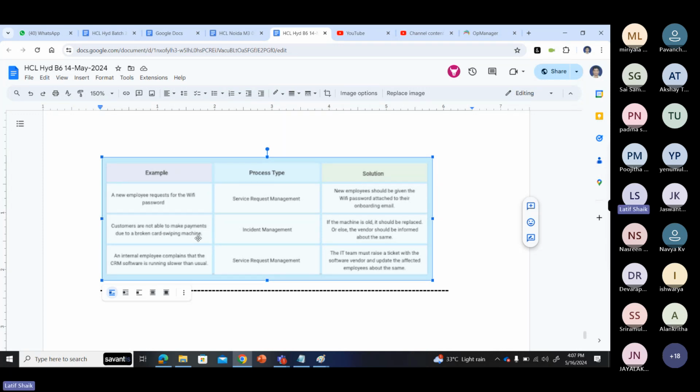It is incident management. If the machine is old, you should replace it, or else the vendor should be informed. Swiping machine is damaged: it is incident management.